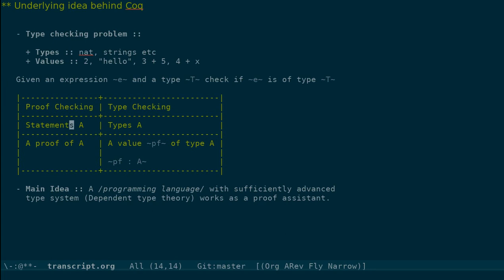Mathematical statements can be recast as types in your language, and a proof of A can be given by producing a value of type A, where A now means the type associated with the mathematical statement A. We will see the details of this in the course, but the main idea to take away is that if you have a programming language with a sufficiently advanced type system, the type checking problem can double up as a proof checking mechanism, and hence the programming language implementation or compiler or interpreter can act like a proof assistant.